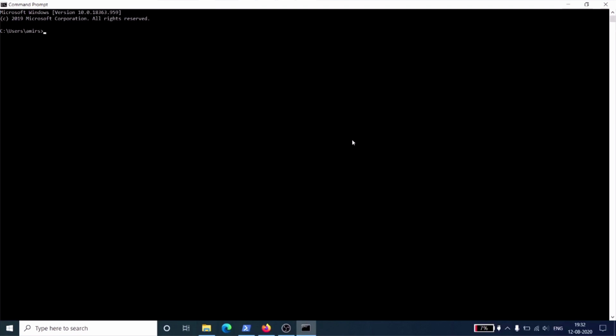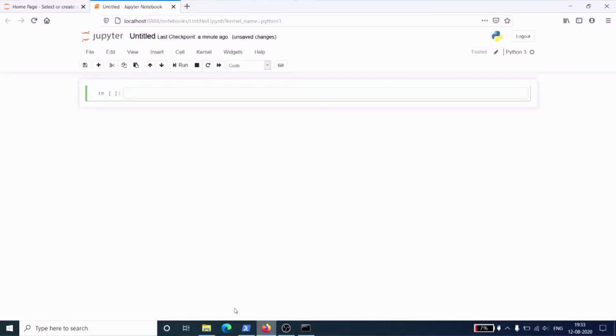I have successfully installed the requirement. Now let's check if PyTorch has been installed on my system or not. So first of all, I have to open Python. Import torch. Yes, I have successfully installed PyTorch on my system. Let's go to Jupyter Notebook and check it there also. Yes, it's available, so I have successfully installed it on my system.